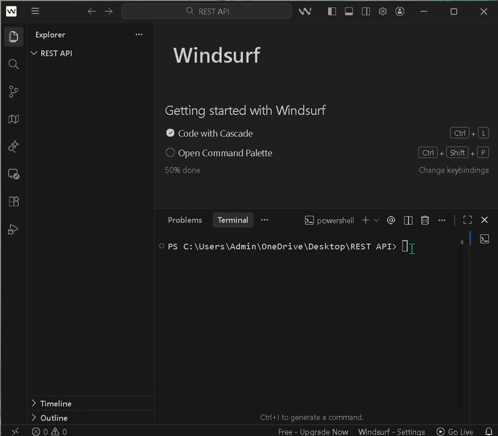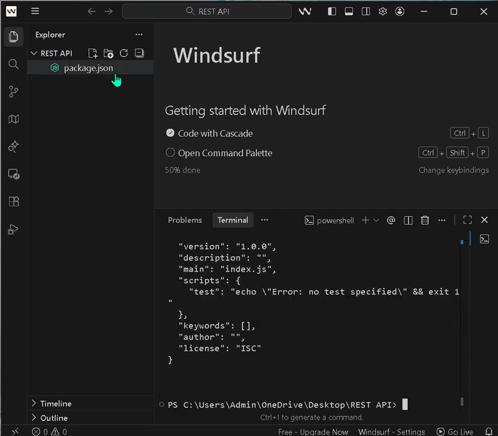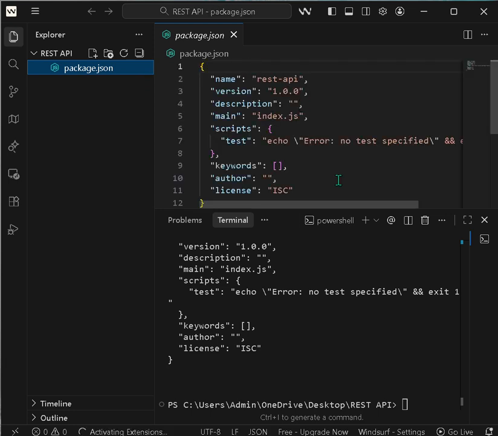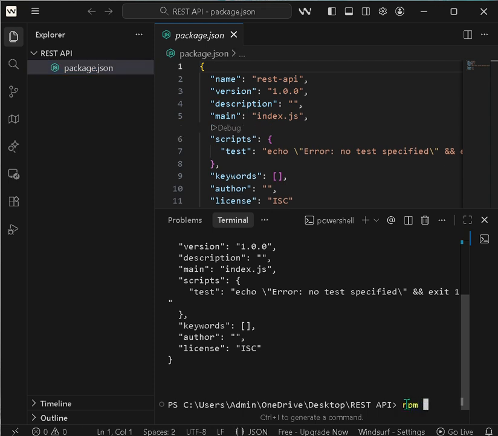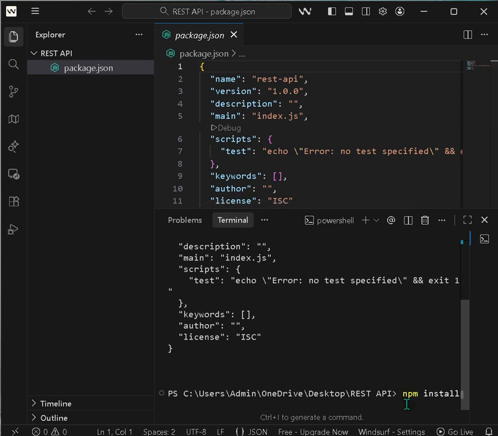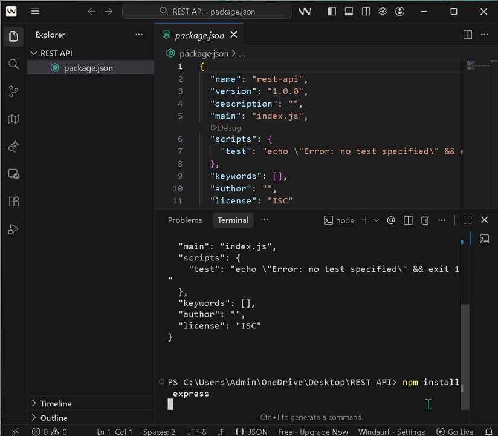Let us init the package.json with npm init and install the package.json. The package.json has been created, so let us install express. As it is installing express,